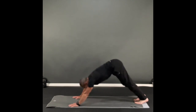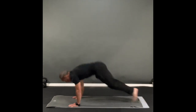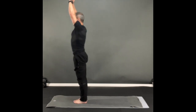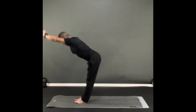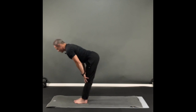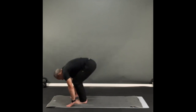And then from here, you can either walk, or if it's in your wheelhouse, hop back to the top of your mat, and then hands back into prayer. All right, up, and then hinge your hips back as far as you can, fold, half lift, come up to a neutral back position, back down to your fold, step or jump back into high plank,